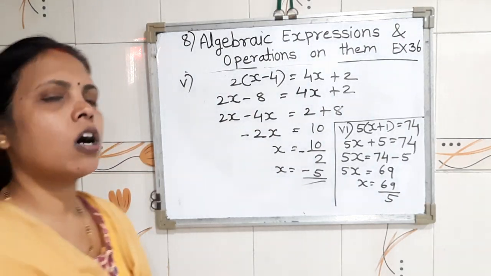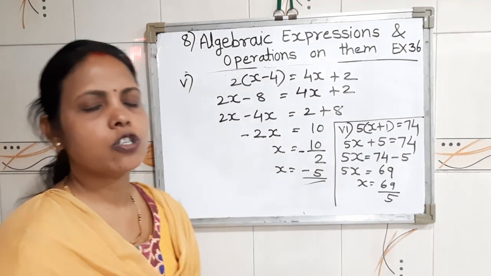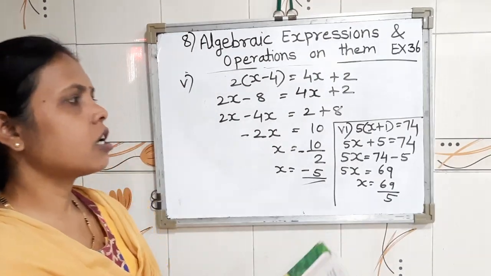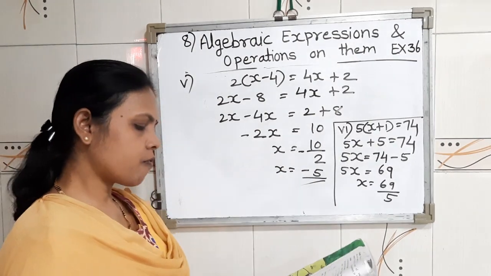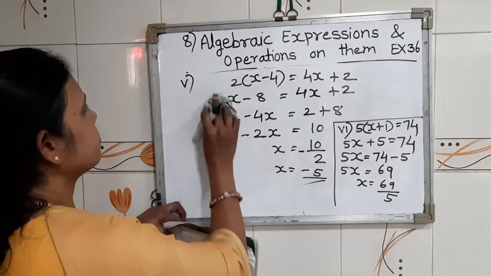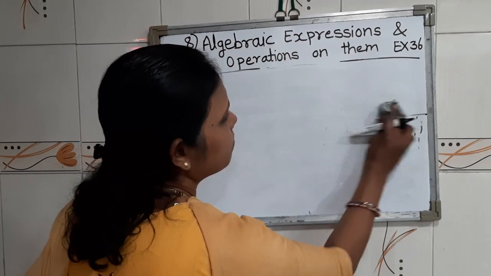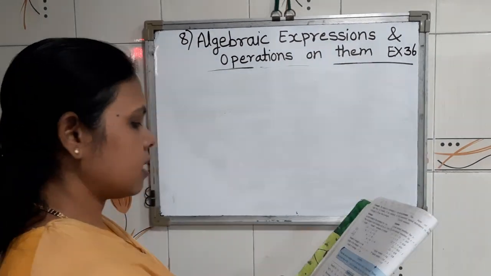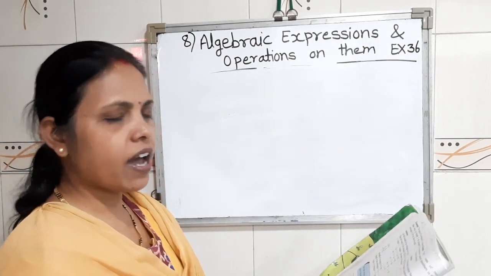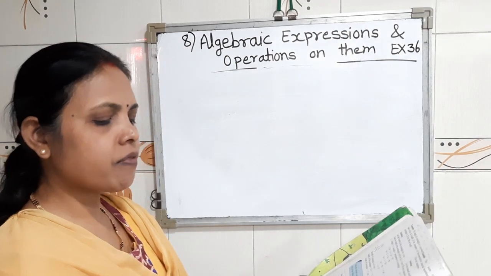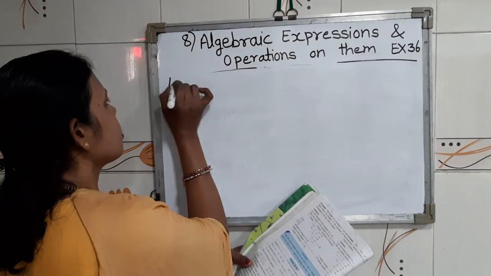I hope you all understood the all 6 sums given in question number 3rd. So children, now in the same exercise word problem is also given. Therefore question number 4th one. Question number 4th one, word problem is given, that is Rakesh's age is less than Sania's age by 5 years. The sum of their age is 27 years. How old are they? Question number 4th one.